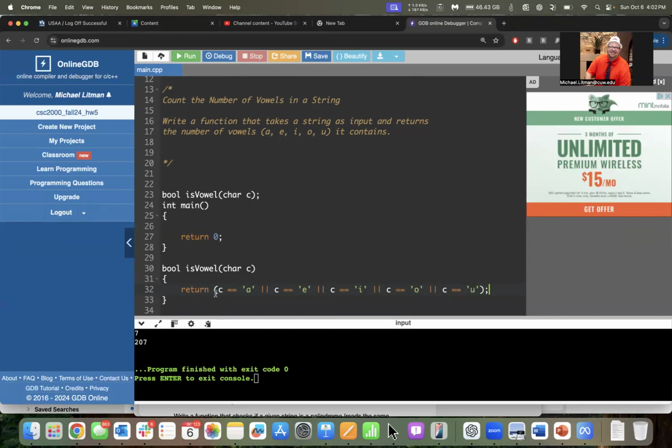Notice you cannot take the shortcut and say c equals A or E or I or O or U. You have to specify c is equivalent to A or c is equivalent to E, so on and so forth. So this guy will return the result of this Boolean expression. This Boolean expression is true only if the